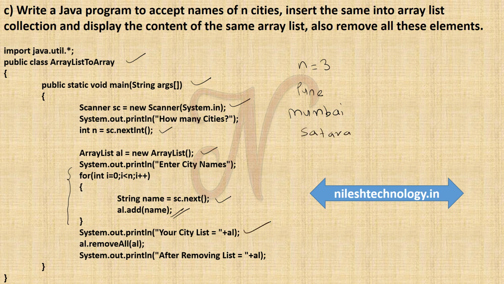Okay, here we print this array list, and by using the removeAll method we remove all the items or all the objects in that array list, because in the question it is mentioned to remove all these elements. So by using the removeAll function, or there is one more function, I think that is the clear function, then it deletes all the objects in that list. So see here, after removing there is an empty collection list. Okay, so here we finished our third question.